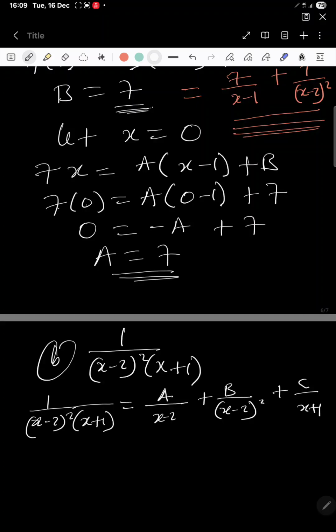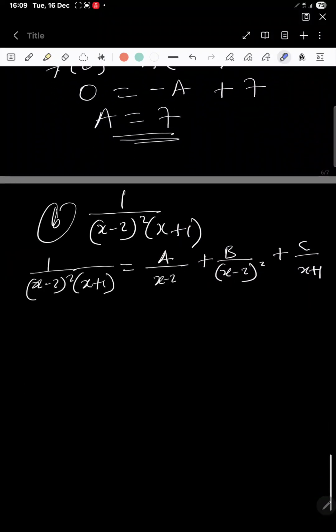So that's what we are supposed to do. Please, whenever you see that you have a repeated factor, you first say A over what is inside, plus B over the whole lot which is given as a square. Then if you have an extra factor, please include another variable, which is C over that same factor. Then from there, that's when you can now